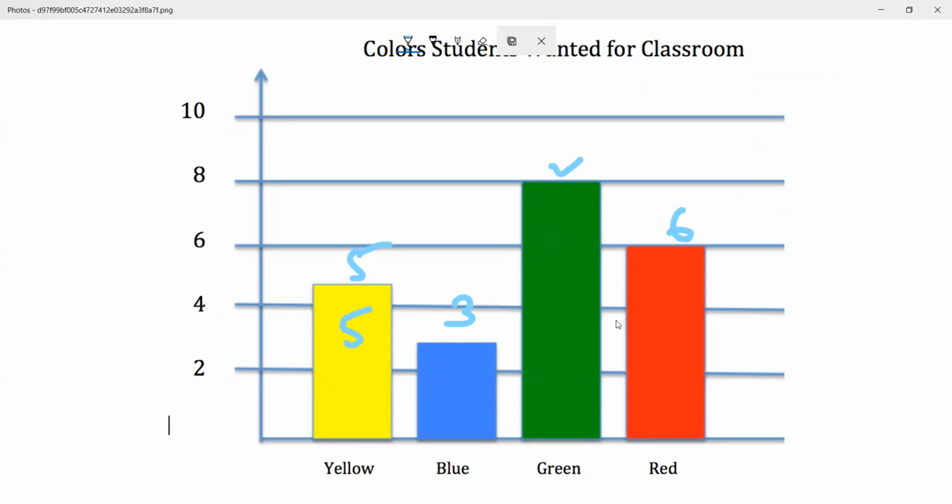Or how many people wanted red, how many people did not want red, what is the majority, the main color that the class wanted, things like that. Or which are the closest competitors, red and green being the closest competitors. Or which is the least liked color, which is blue. There are several ways in which you can infer from this data. I hope you are following along with what I'm telling. This is how a bar diagram will help you. I'm just telling you the applications of a bar diagram, how you can apply it based on the questions that you are asking.